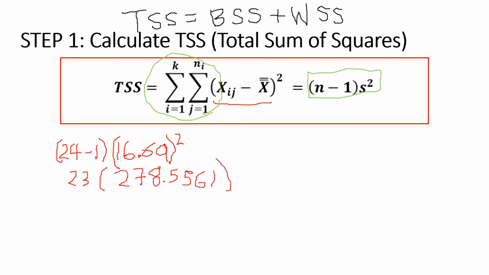So 278.5561, right? I'm not going to round it here. I square that. Oh, sorry, we've already squared that. So 278.5561 times 23 gives us